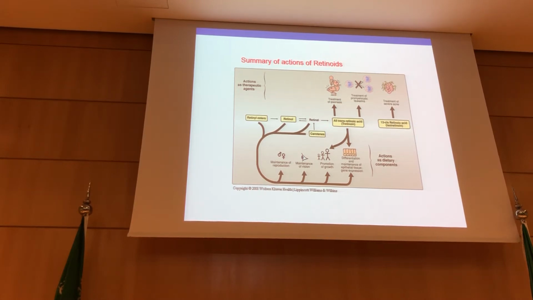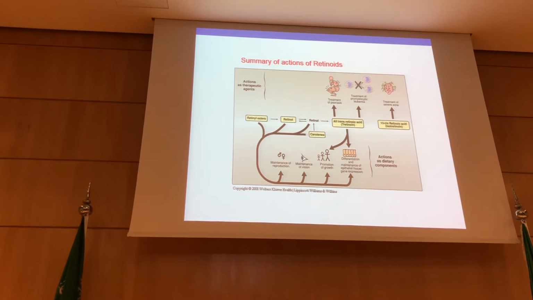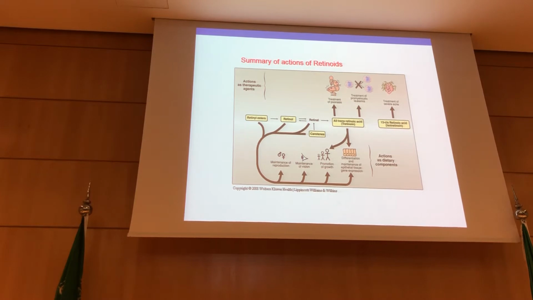Here it can be used for the treatment of a skin disease called psoriasis, and also for the treatment of a type of leukemia, which is promyelocytic leukemia. And also we can use isotretinoin, which is a teratogenic drug. It's used for the treatment of severe acne. And here, please, you have to be careful while giving this drug. It is not recommended for pregnant women, as this drug can cause malformation in the fetus. That's why vitamin A should never be given to a pregnant woman, because it has a teratogenic effect.